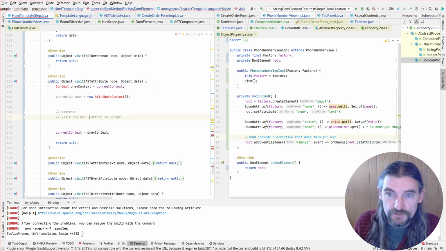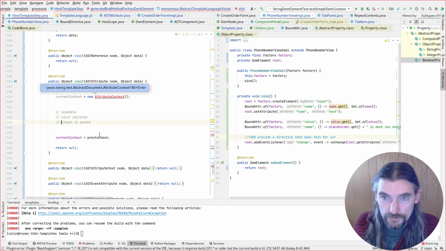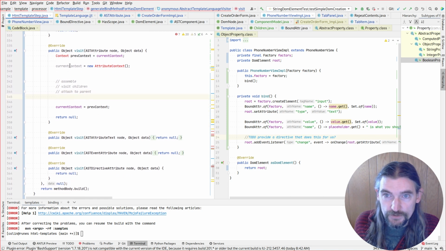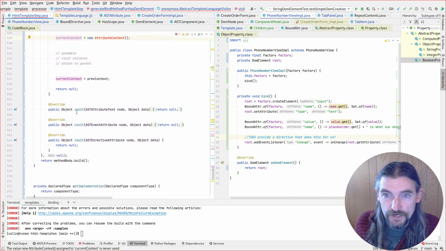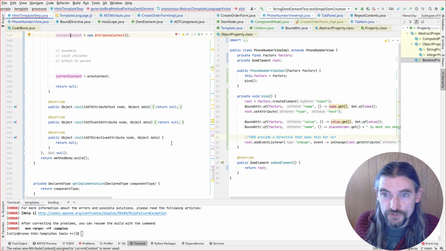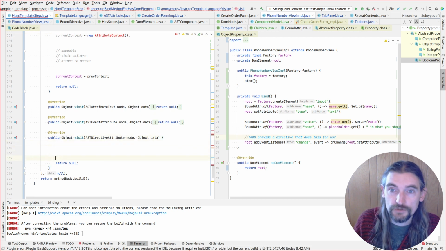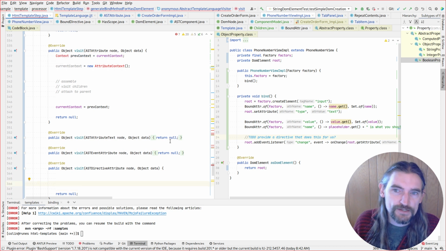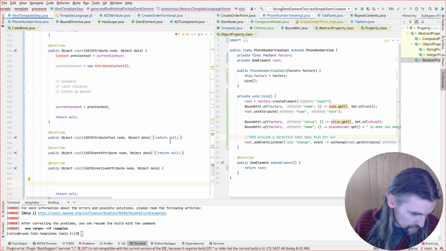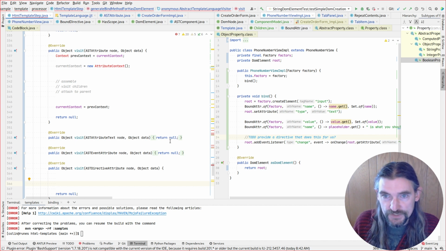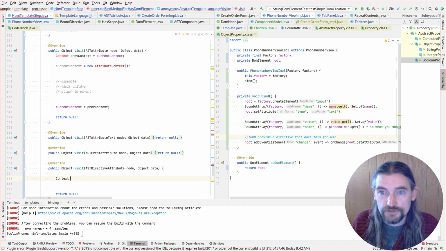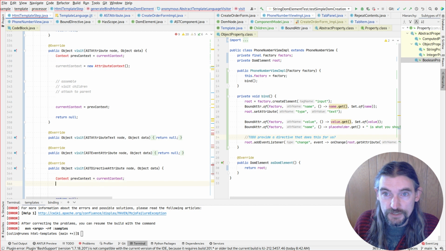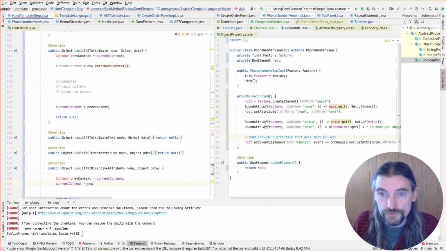Let's put these in different lines. That way we can deal with it later. Current context will get reassigned here. And then directive is the last one I wanted to touch on, because I think that's the last case we have to worry about this. Attributes, attribute text just goes inside of attributes. Events are just going to be references. So let's say context, previous context equals current context equals new direct